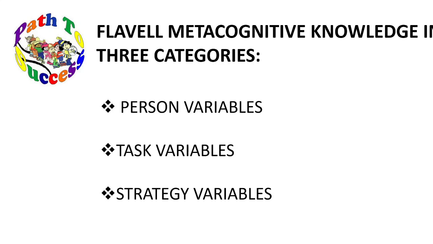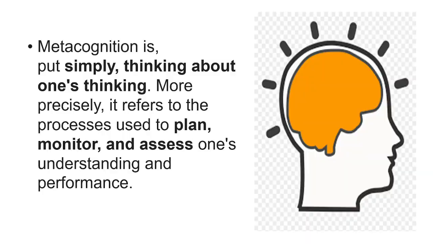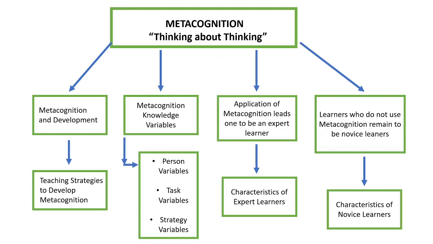Okay? So let's try to go back again. Metacognition, thinking about thinking, we have three phases, right? We have planning, monitoring, assessing, and evaluating. And then the heart or the fundamental of the three phases is the reflection. Okay, we are now down to metacognitive knowledge variables. So try to see our chart.